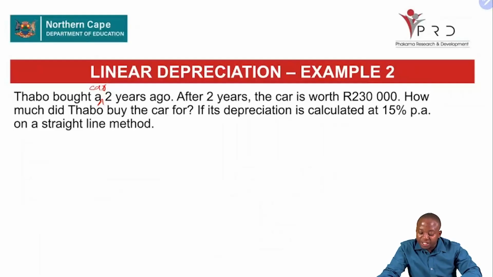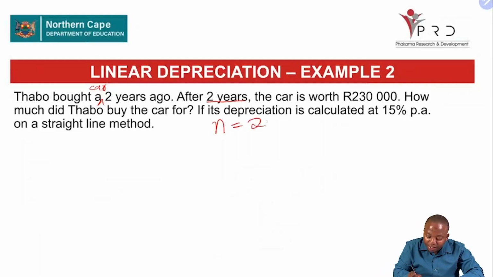If it is depreciated at 15% per annum on a straight line method. Now let's see what we're told. They said after 2 years. So 2 years there, in that case, it's our N. So our N is 2. They said after 2 years, the car will be worth